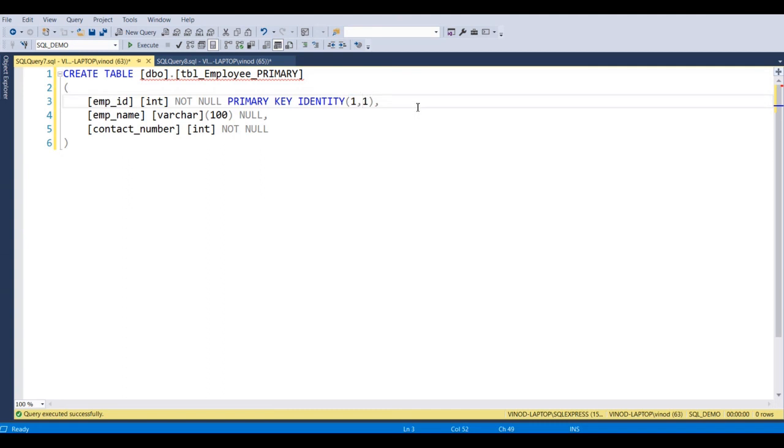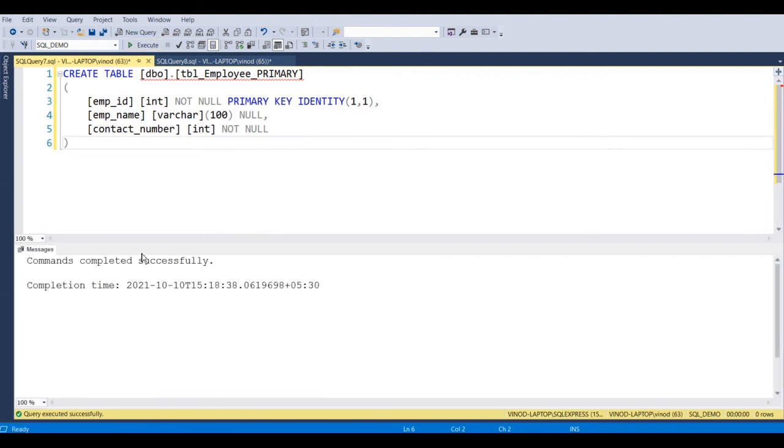So next value will be 2, next value will be 3 because increment is 1. So every time the value will get increased by 1, and it will start from the base value. The base value over here is 1. So we can create basically an identity on a primary key column, right? Let's execute this script. Yeah, it completed successfully.